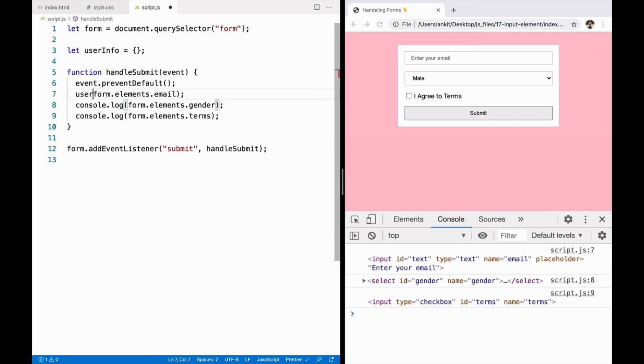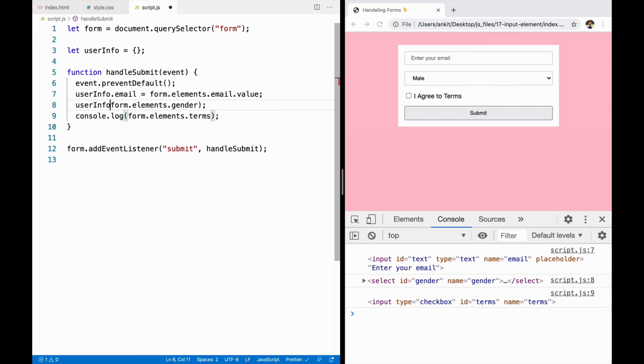So I'll go ahead and say userInfo.email is going to be form.elements.email. So this is the element, and an input element has a special property called value, using which we can access the value of that input element.